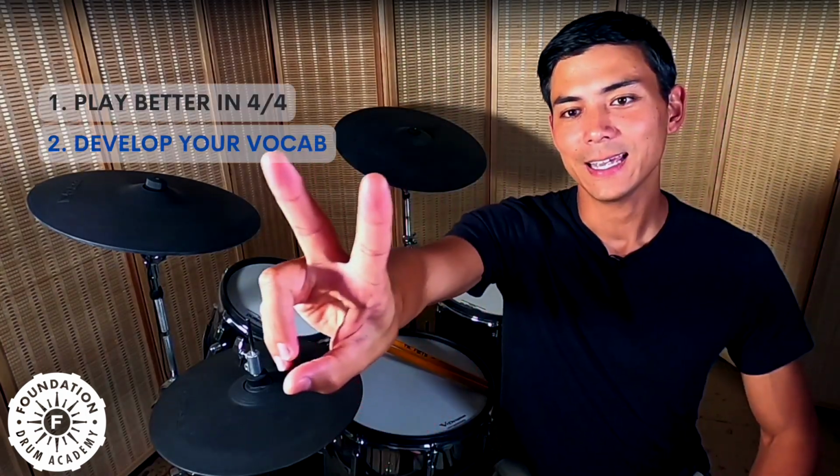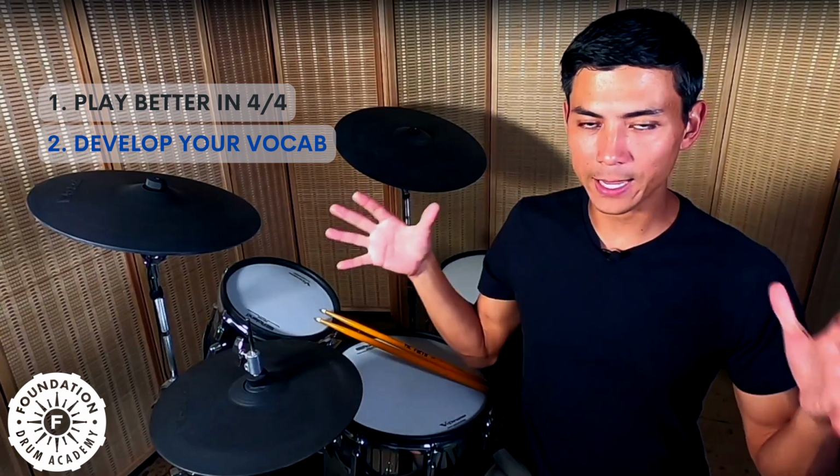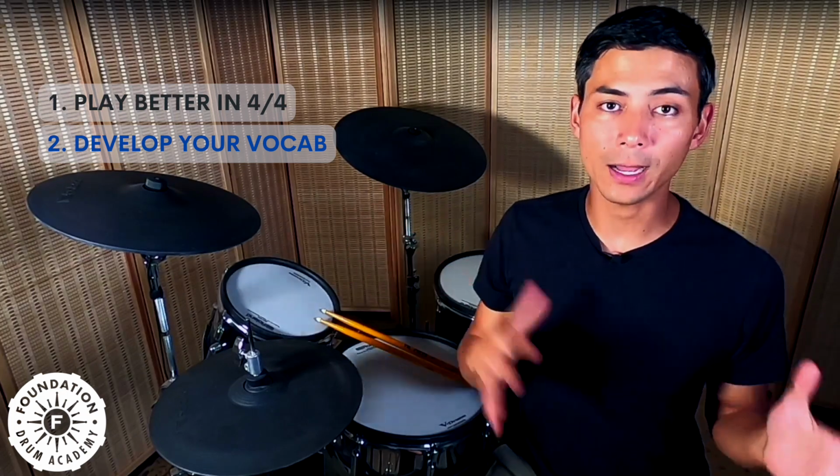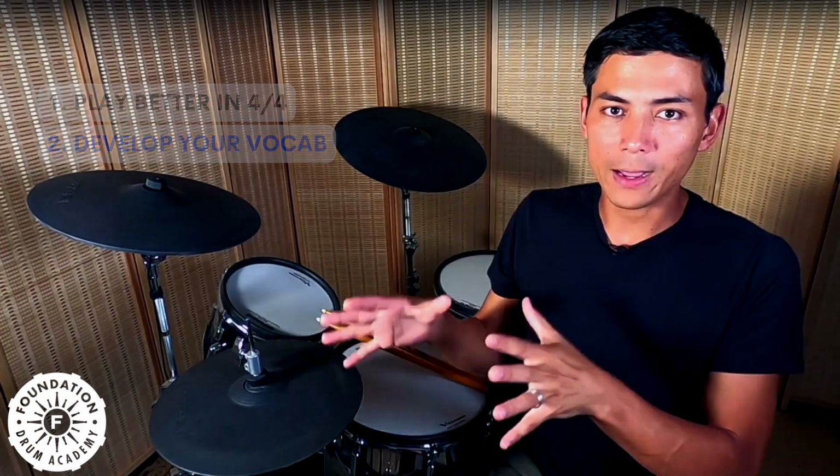The second benefit of learning odd times is that it develops your vocab. If you want to grow your vocabulary on the drums, then learn odd times. This will break you out of maybe your normal thing you've got going that you're practicing. If it's mundane and you feel like you're always doing the same thing, then this is a great way to